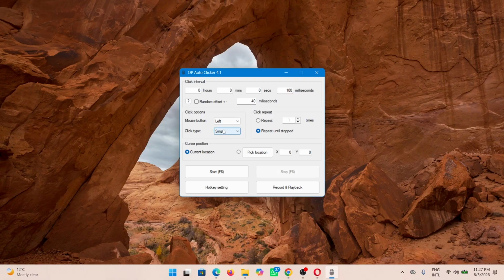And this one's the type of click. Like, do you want a single click or double click? Here is how many times it gets repeated. After here is the current location, and then if you want to pick another location, you just click on here